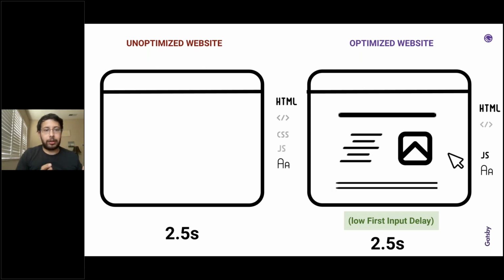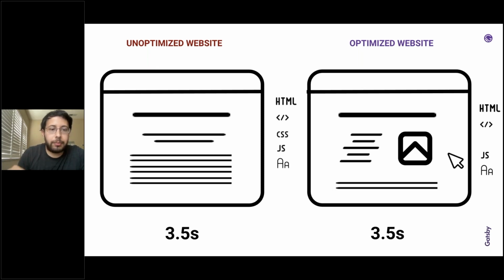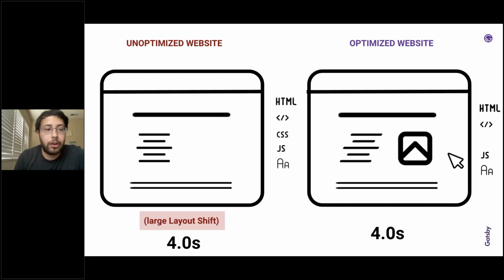The unoptimized website again is still waiting to load the page in the beginning, and one of the reasons why is it's also doing a lot more work. It needs a lot more work to happen before it can start painting. The way that it's structured requires the CSS, JavaScript, and the fonts in order to start painting. And let's keep going until 3.5 seconds. And that's where we start seeing the unoptimized website load, and we start seeing some jankiness over here in the loading experience. That again is a large cumulative layout shift.